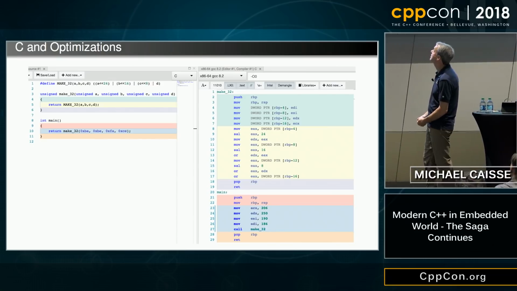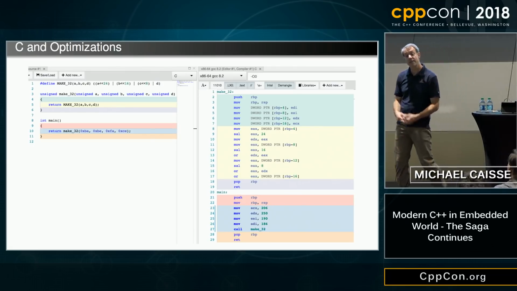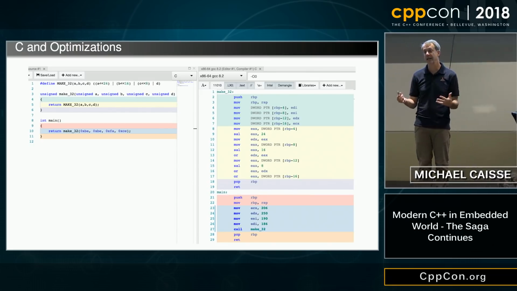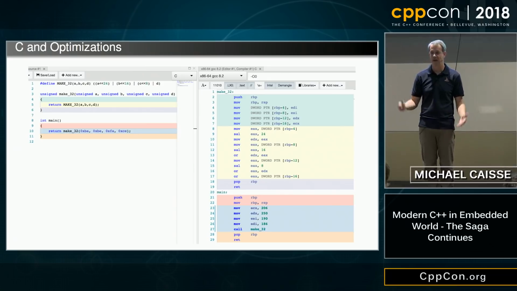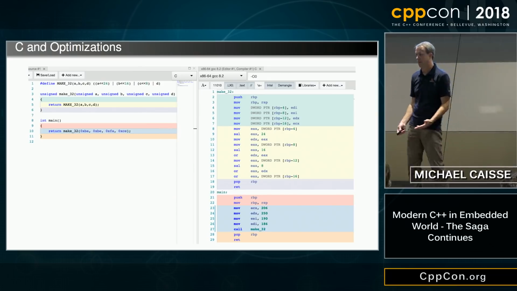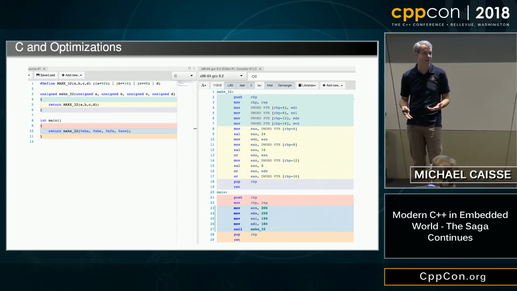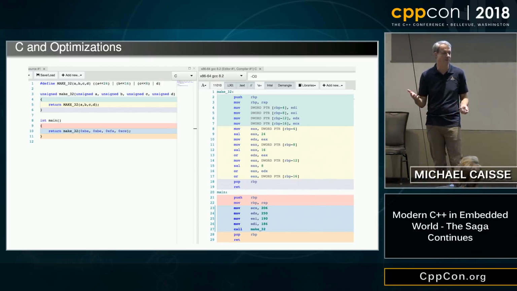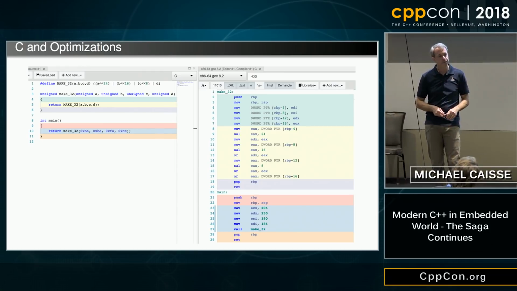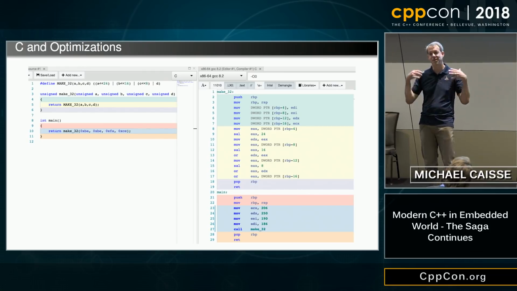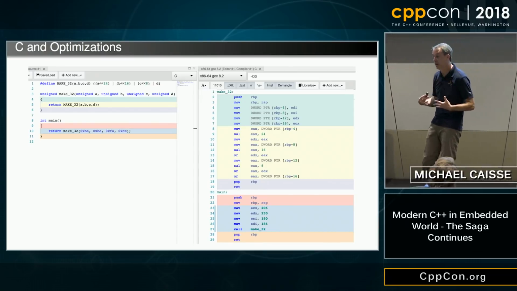But if I was a C programmer, that's not what I would do. I would create a macro that's going to do this for me. Why? Because somehow it's less scary to create an inline with a macro. Can anybody tell me why would an inline with a macro be scary, maybe? Why are macros scary? Okay, they might be scary because they're not type safe suddenly. There's no type information about a macro, right? So while I'm going to get maybe this concept of inlining, and it'll feel less scary,